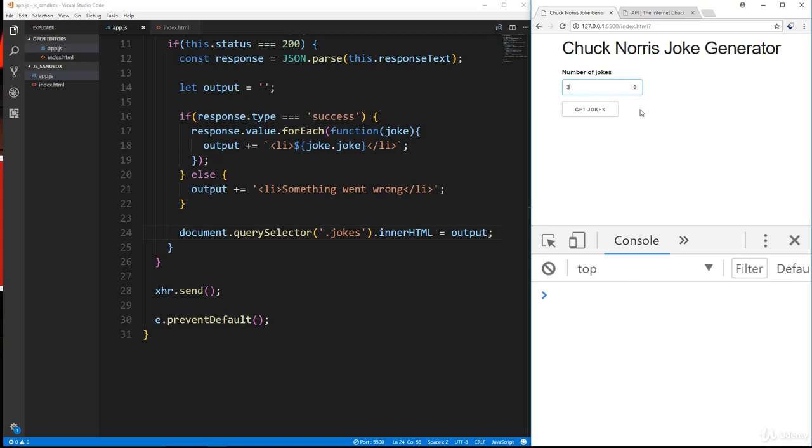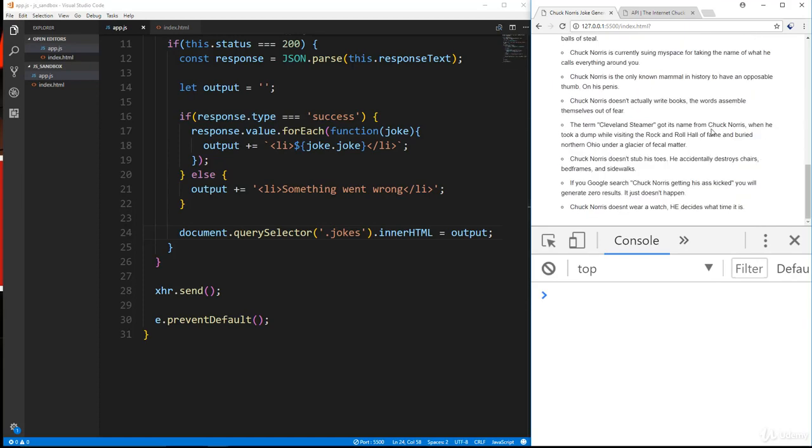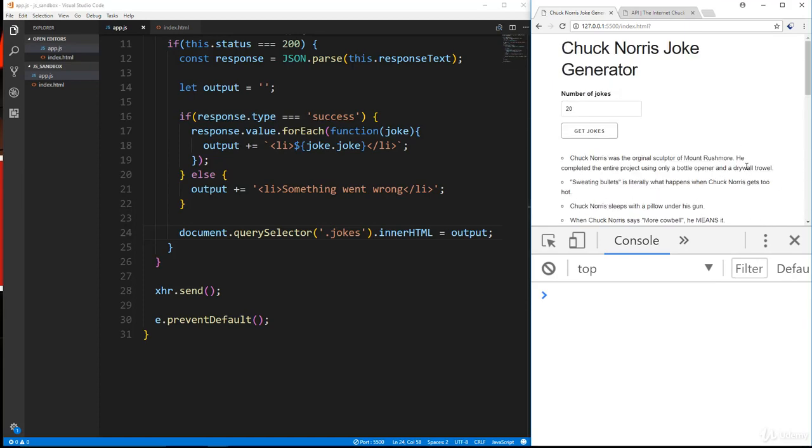Let's go ahead and say we want 3 jokes and get jokes, and there we go. Okay, if we do 5, it'll be 5 random jokes. All right, if we do 20, get jokes, and it gives us 20. So that's our little application, and this gives you a good example of how to use Ajax to work with